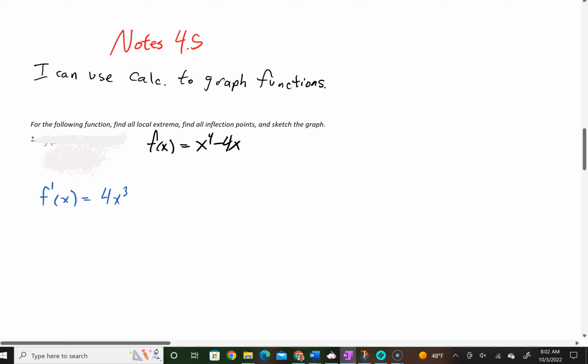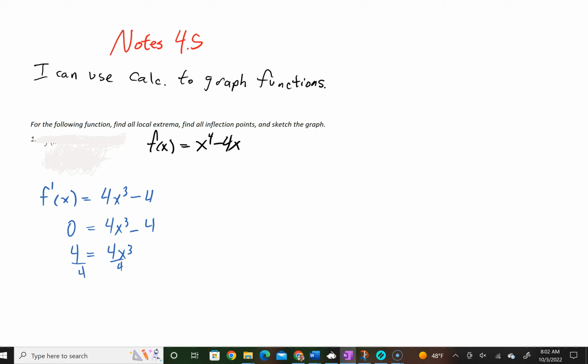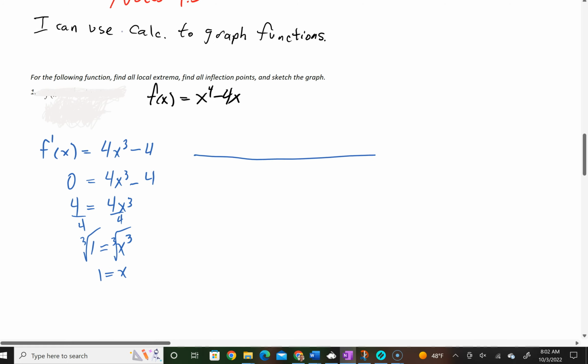Derivative is 4x to the third minus 4. If I were to set that equal to 0, we could add a 4 to both sides. We can divide by a 4. And without too much work, taking a cube root here, we only have one critical number, that is x equals 1. And using that first derivative test, if we were to check what is happening around x equals 1,